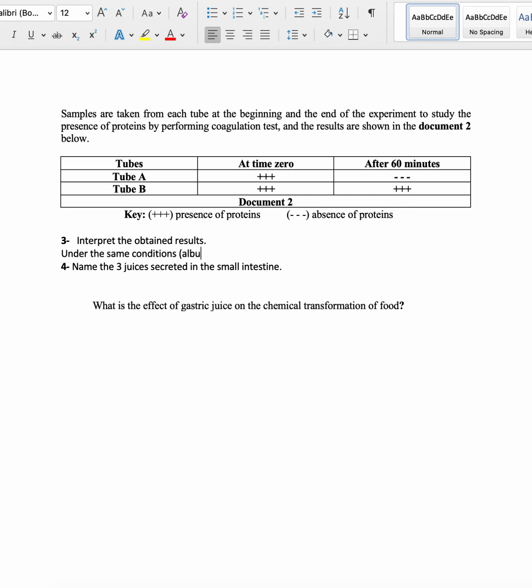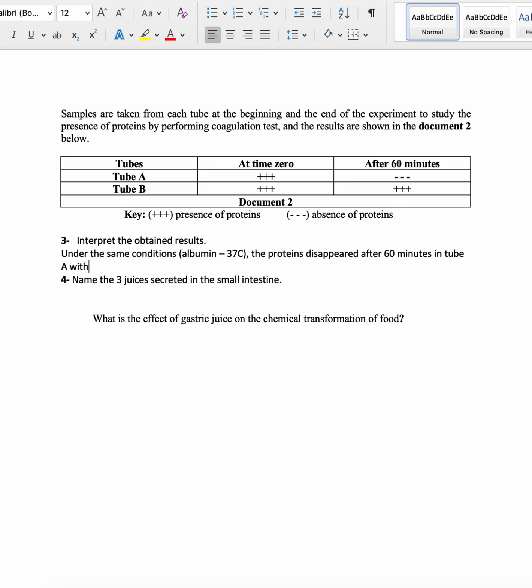Albumin, and second, 37 degrees Celsius. The proteins disappeared after 60 minutes in tube A with gastric